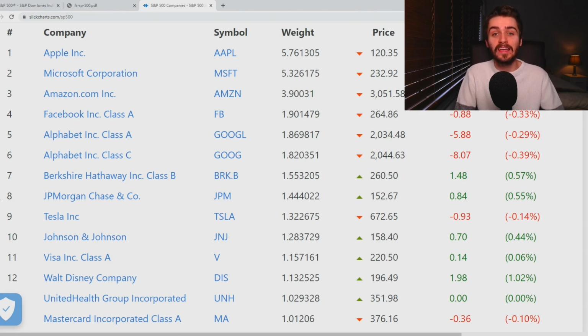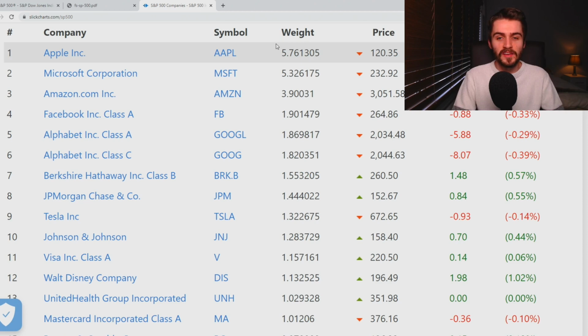Because remember, a key component of the market capitalization calculation is the share price. So if the share price goes down, the market capitalization is going to go down, and therefore the ranking associated with the company in the index is going to fall. And you can actually see the exact weighting of the stocks themselves within the index in this weighting column here